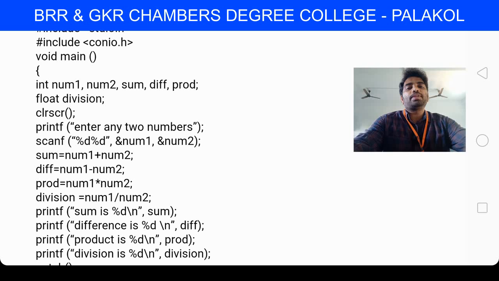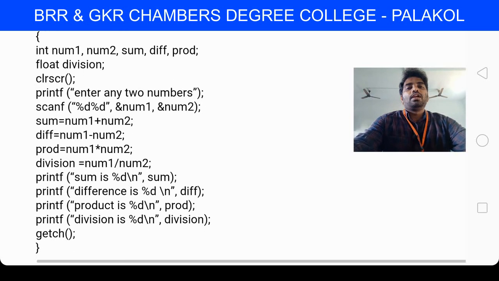scanf("%d %d", &num1, &num2); Next, sum = num1 + num2; subtraction = num1 - num2; multiplication = num1 * num2; division = num1 / num2;